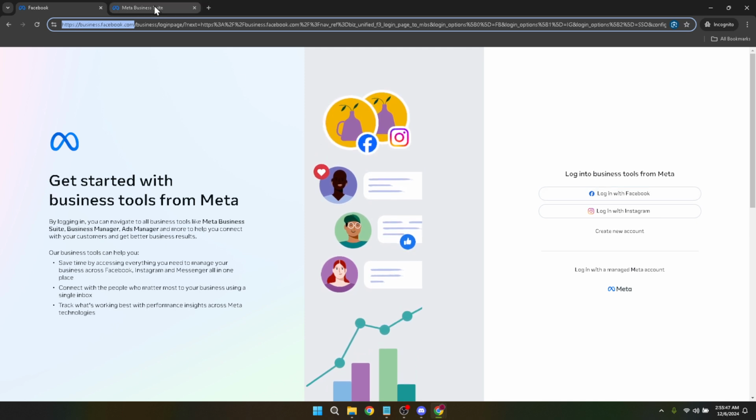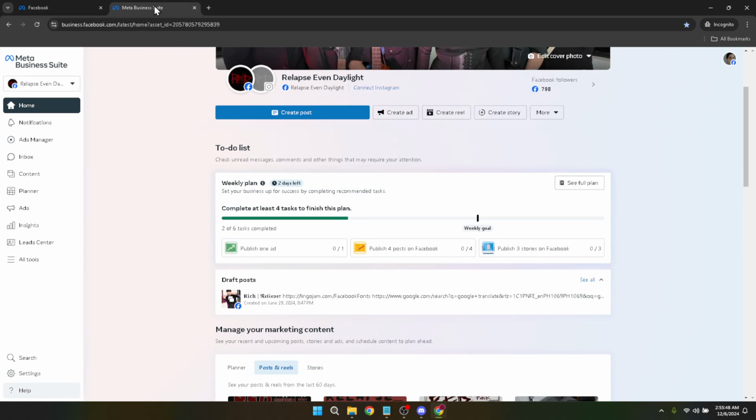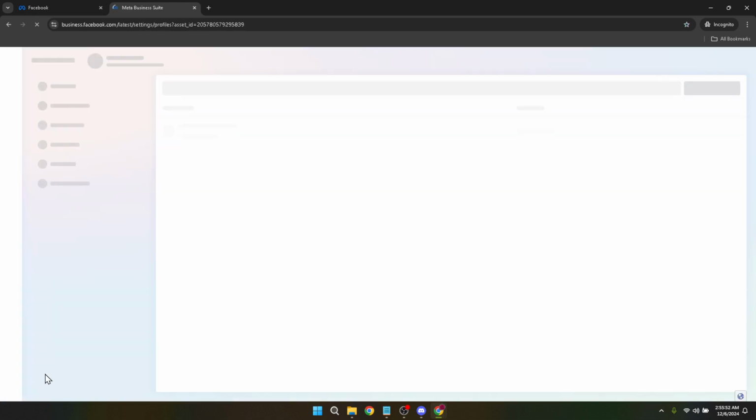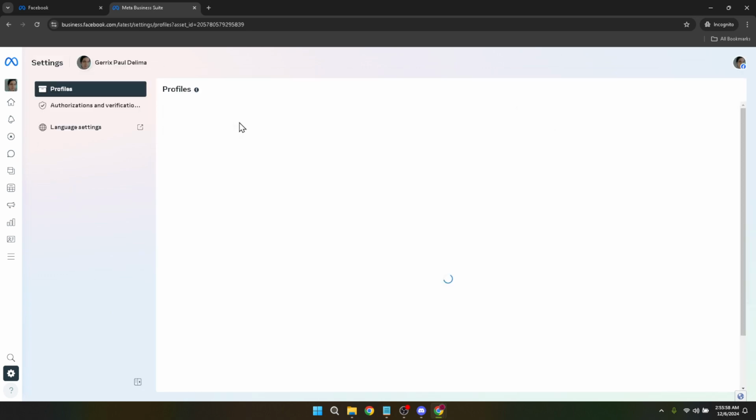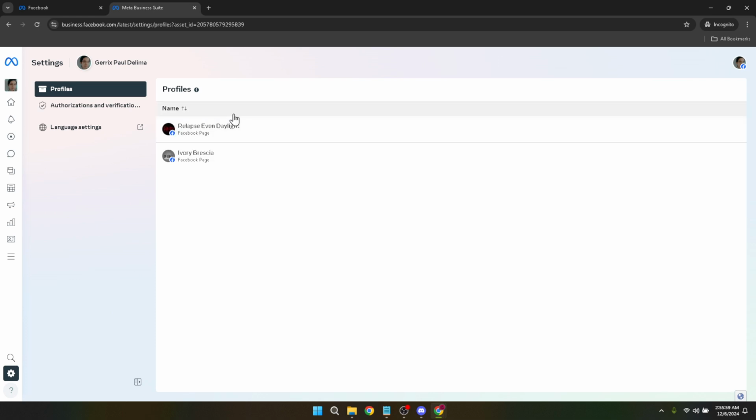Look for the settings option. This portal is where you can tweak various aspects of your account, but today we're focusing squarely on language preferences. Within the settings menu, you'll notice an option labeled Language Settings. This is exactly where you need to be. The journey to this point has been quite intuitive, right? By clicking on Language Settings, you're a step closer to making the Ads Manager speak your language, quite literally.